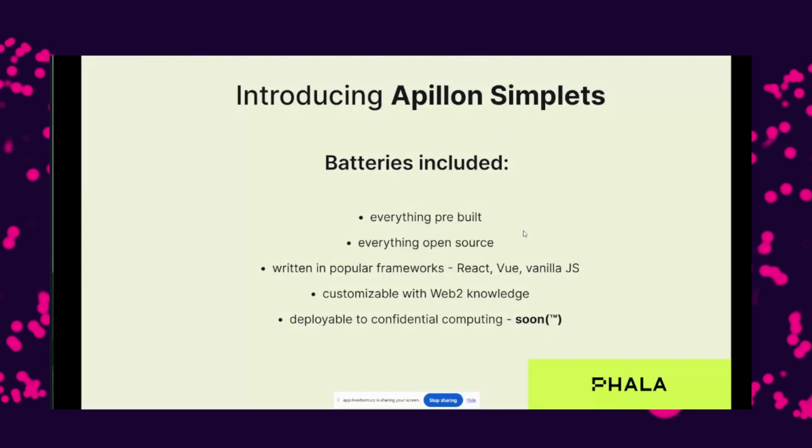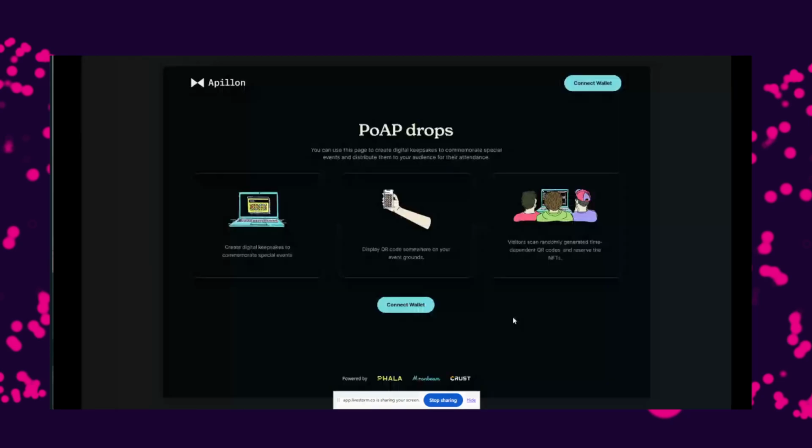And as I said, once those Docker images are built, we are going to release this feature very soon, where anyone will basically be able to one click and deploy this to Akash, and everything will get configured for them, and they will just start using this simplet. So let's say this is already true today. You come and you take this proof of attendance simplet, you install it, and you want to access it.